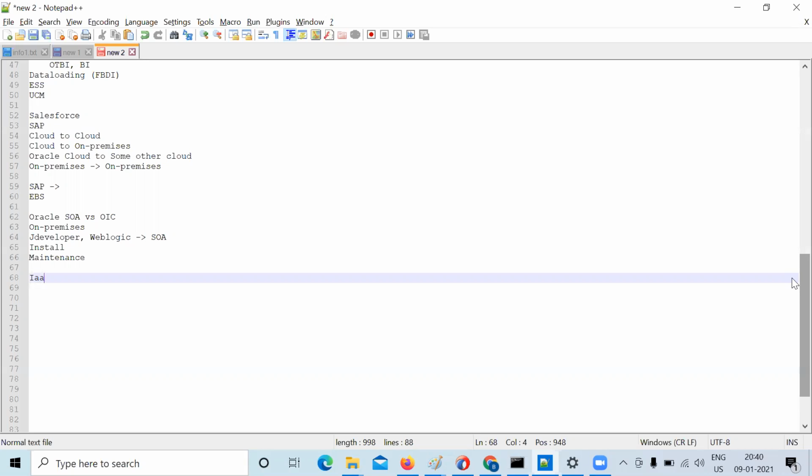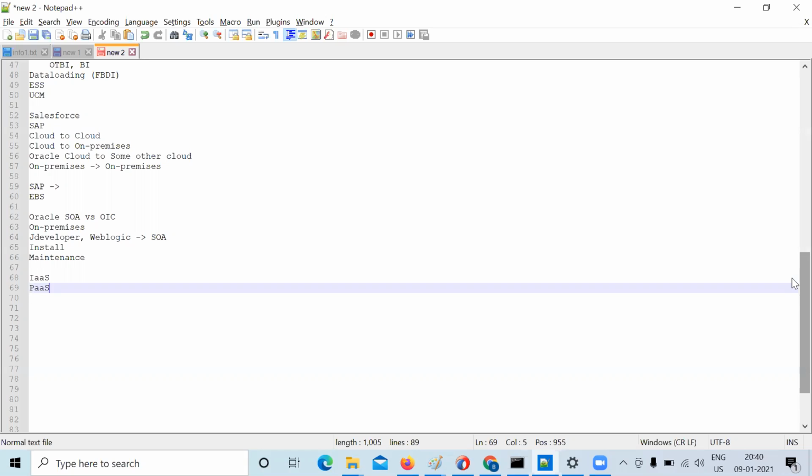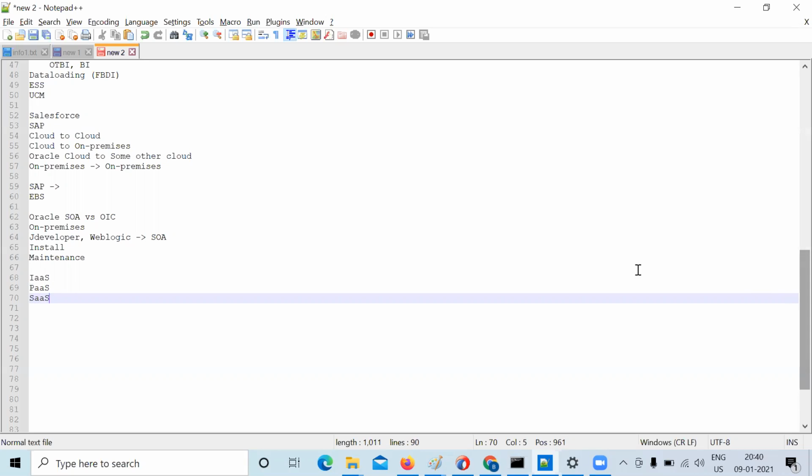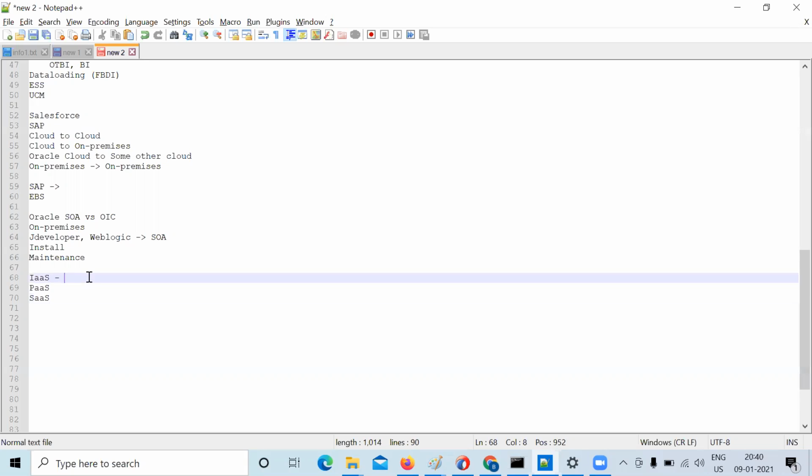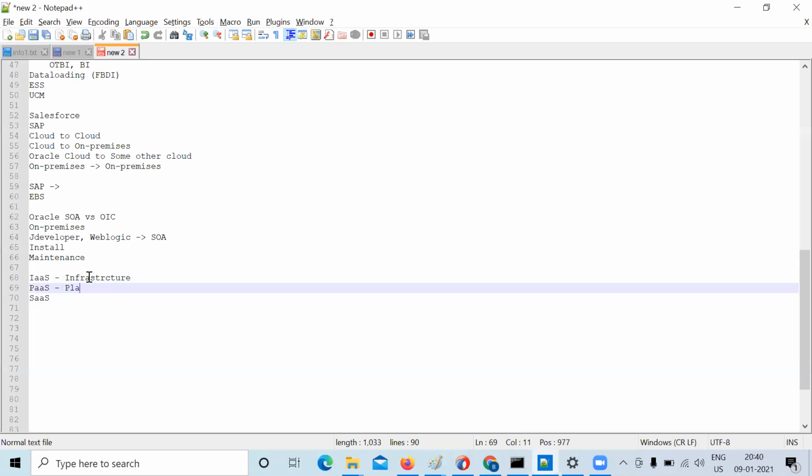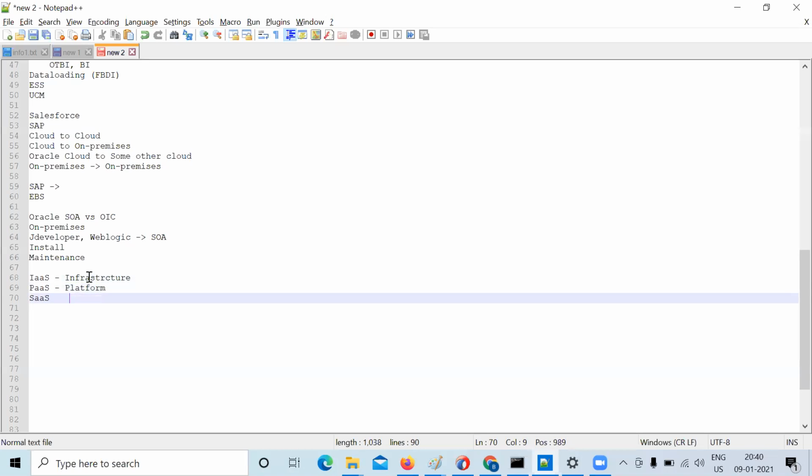Okay. See, there are three things. Let me talk a little bit about that. This is called infrastructure as a service. And this is platform as a service. And this is software as a service. So Fusion applications fall under this umbrella, because it's a software which you can directly give to your end users. Anything, a service you're taking, which you can give to your employees, your end users, that becomes